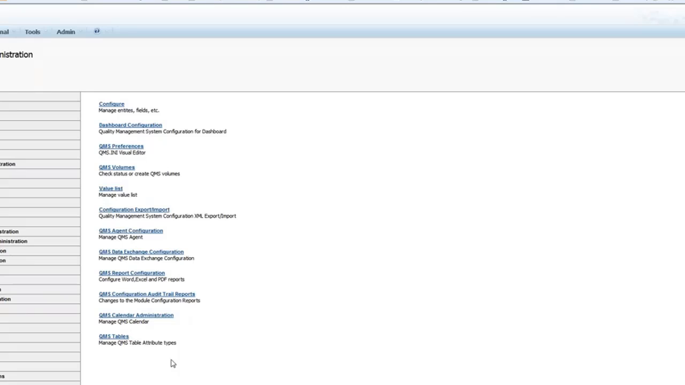QMS table is more like an object we have created for tabular information you want to present to the user, right? So we have an object where you can have rows and columns of information, as you see in an Excel sheet. You can add that information using this table manager, and define how many columns and what kind of columns are within the table, and then present it to the user. We also have dashboard configuration, which I'll go into later. I just wanted to go a little bit into